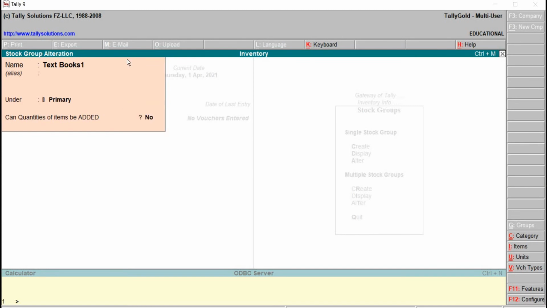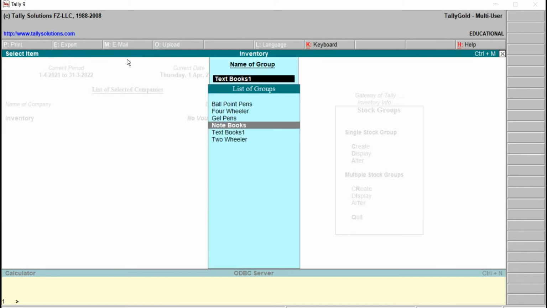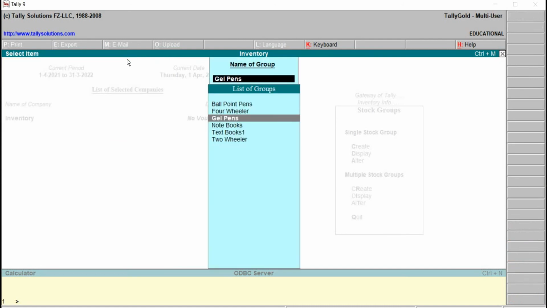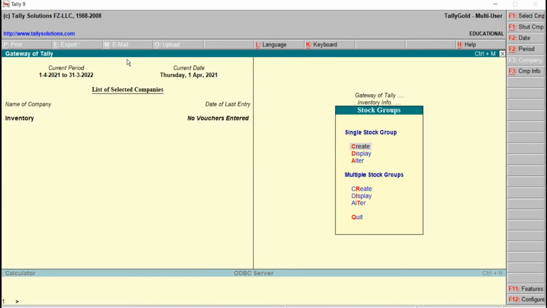Press Y from the keyboard. In the same way, we can do the changes for other stock groups also, right? To come out, press escape. Once again escape. Once again escape, we will be back to the menu.